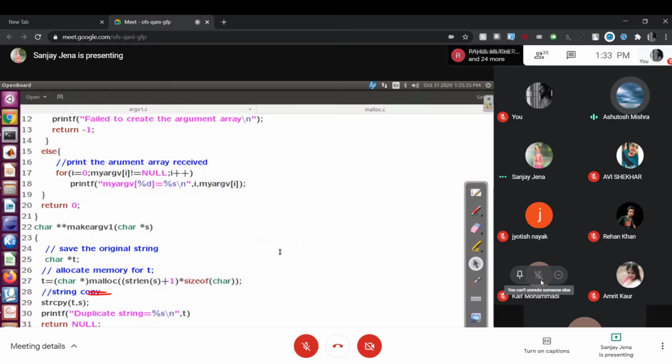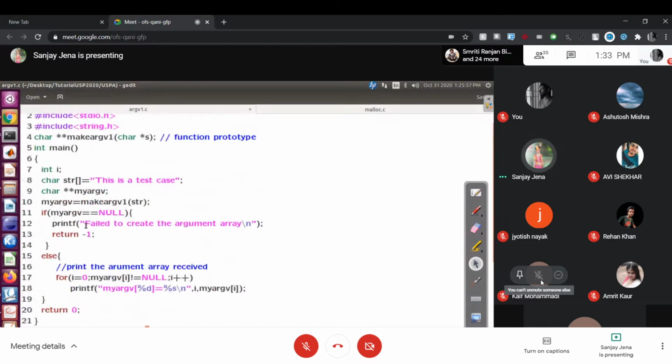Sir, actually the tokenize part. The calling program is not only step number 1, the copy part. There are six steps, and only step number 1 I am copying and allocating. The malloc problem was there, and malloc is over. Sir, should we tokenize before copying? No. Let's save the original, because if we tokenize before copying, s will be changed. Now I am returning null. If this is null, fail to create argument array.